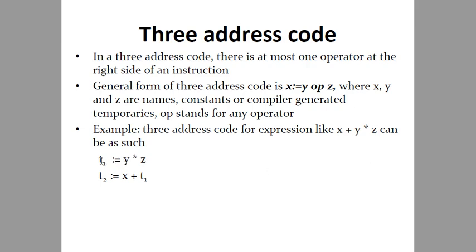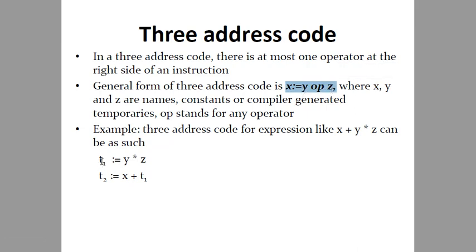We will consider some temporary variables. Many temporary variables will come into play over here. The role of temporary variables is to store intermediate values. So y into z goes into t1. How many addresses are used at most? t1, y and z, so 3-address code: address of t1, address of y and address of z. It is always at most of the form x equals y op z.